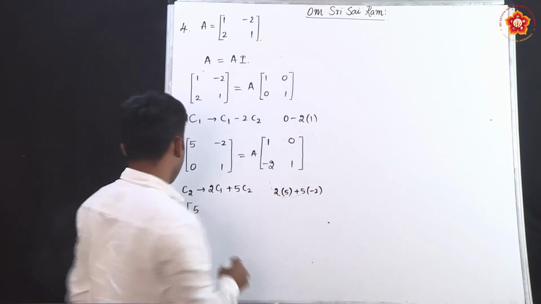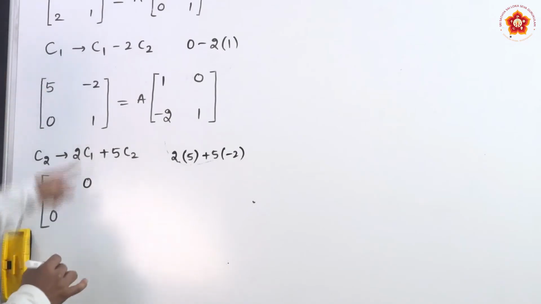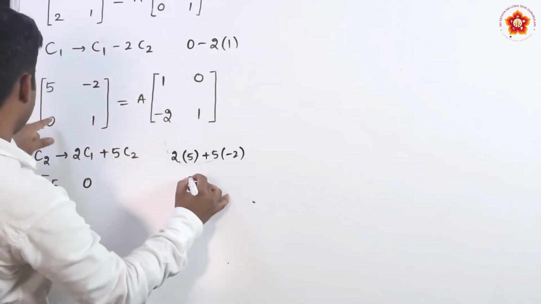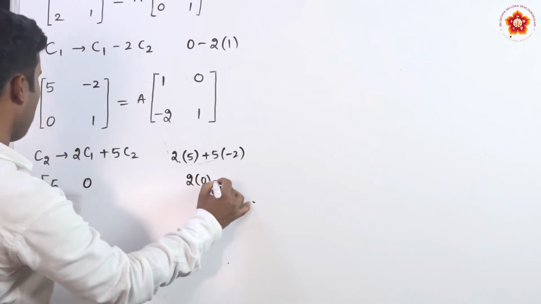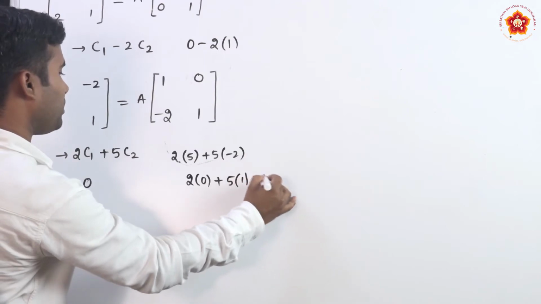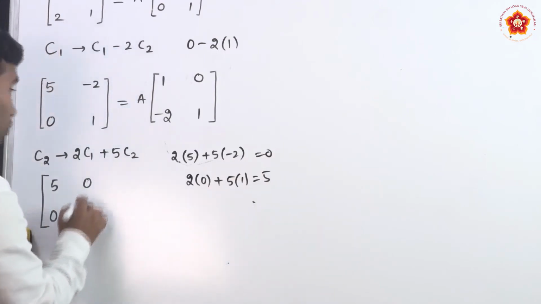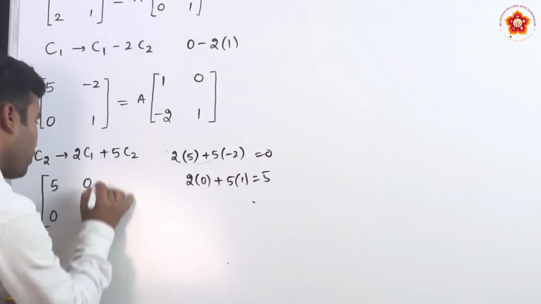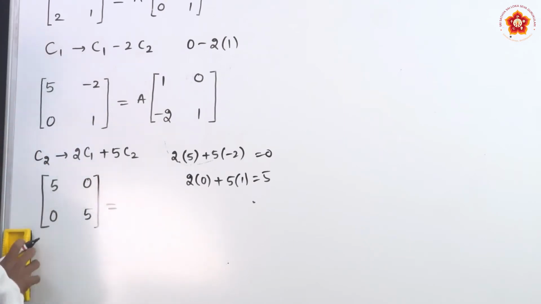So, plus 10 minus 10 gets 0, and similarly for this element, 2 times C1, what is C1? 0 we have, plus 5 times C2, what is C2 here? 1, what is this? 5. Okay. So, what is the answer? Here we are going to have 5, which is equal to,